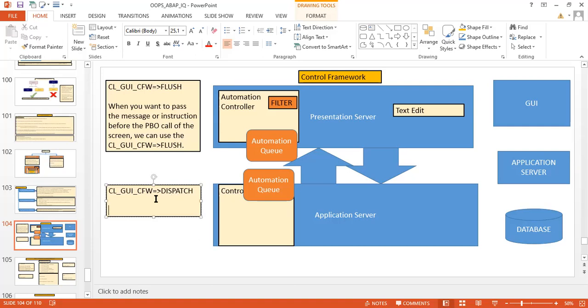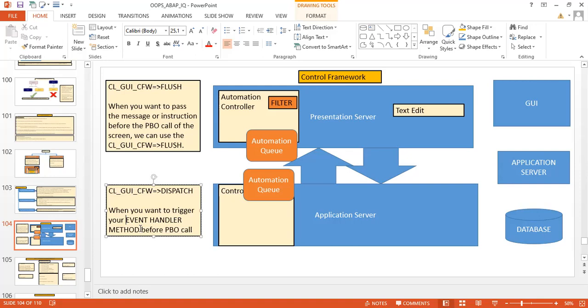Dispatch: when you want to trigger your event handler method before the PBO call. Of course, this event handler method should be your application event handler method, not the system event handler. There are two types of events actually: one is the application event and the other is the system event.